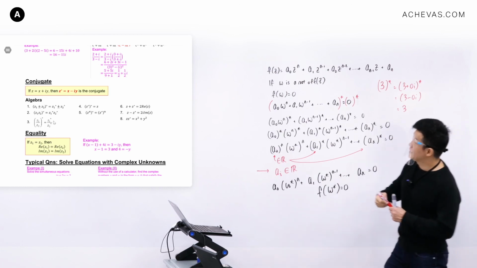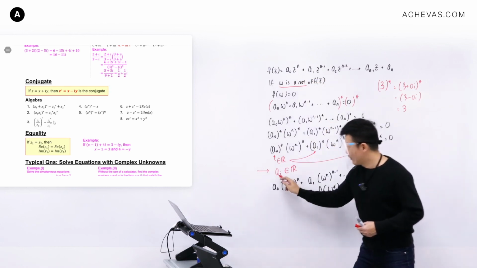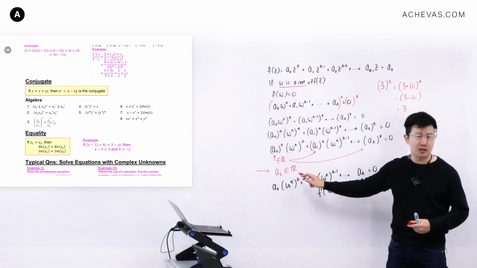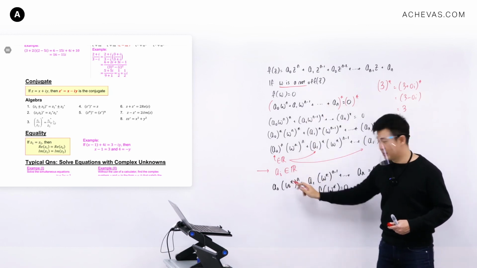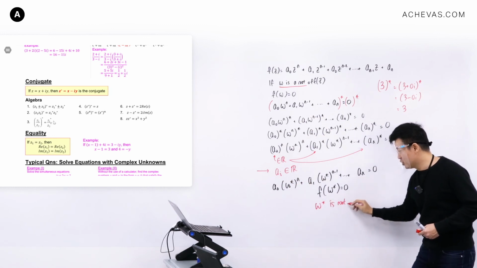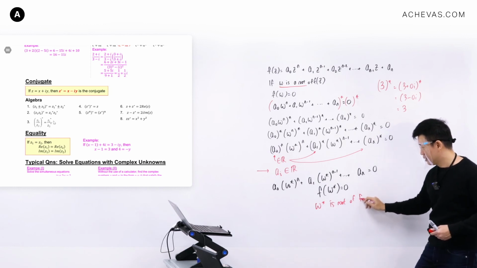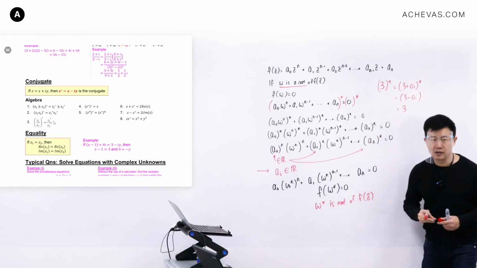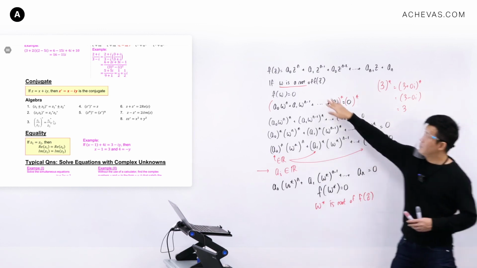The special result is if w is a root and all the coefficients are real numbers, then automatically w conjugate is also going to be a root of the polynomial f(z). Okay? If w is a root, all the coefficients are